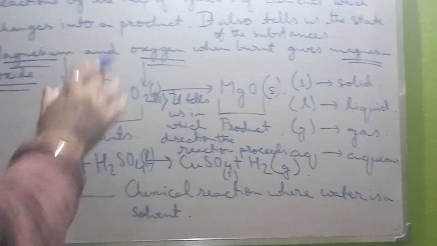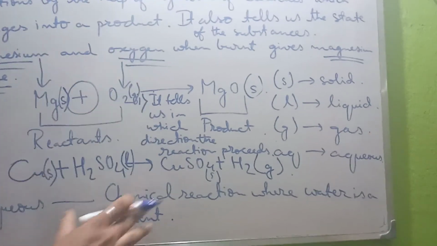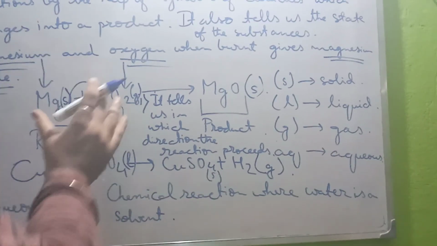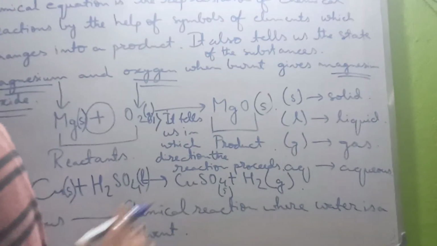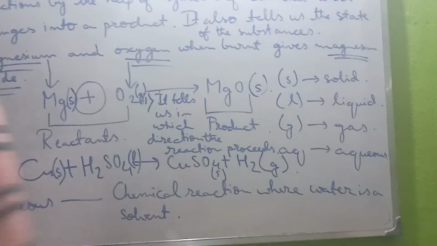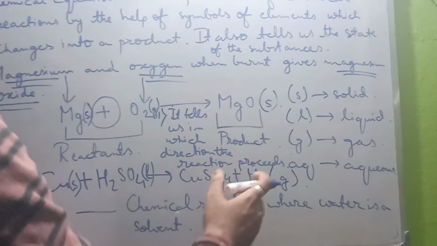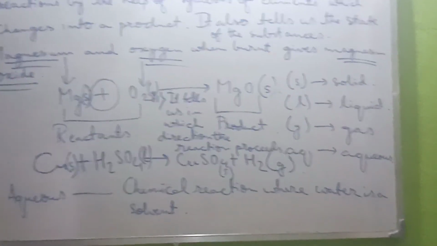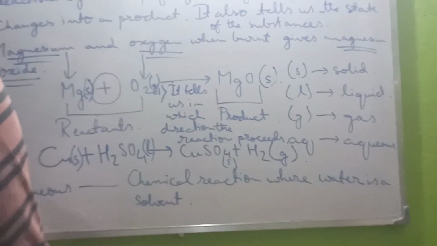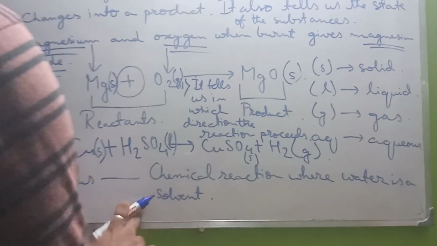So chemical equations are always represented with the help of symbols and an arrow, which indicates that the reaction proceeds in the forward direction. And along with that you also have to mention the state of the substance. And whenever you are writing anything or you are reacting with water, you have to